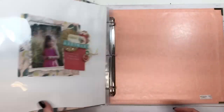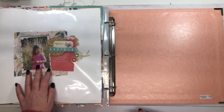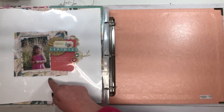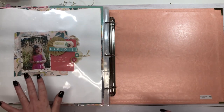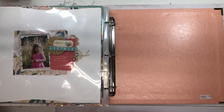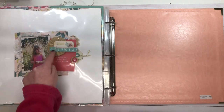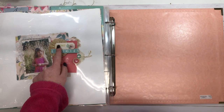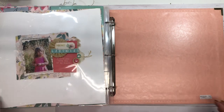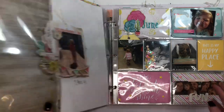Anyways, moving on, I did this 12 by 12 scrapbook layout of my daughter and our dog. And then here we had family photos. I have yet to scrapbook the actual family photo, but this is her. She was very serious because she didn't know the photographer, and like I mentioned, she is very shy. I used the Maggie Holmes Willow Lane collection for this. And this is an embellishment that my friend sent to me that I have been hoarding for a very long time, and I thought I'm going to put it on a page, and it worked out good there. So this is the first part of my 2017